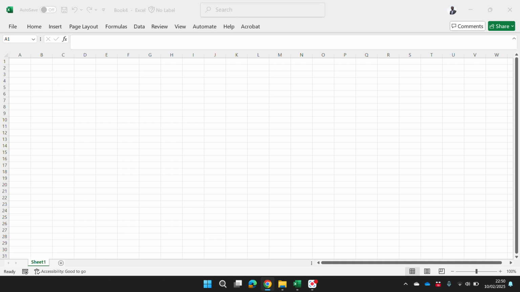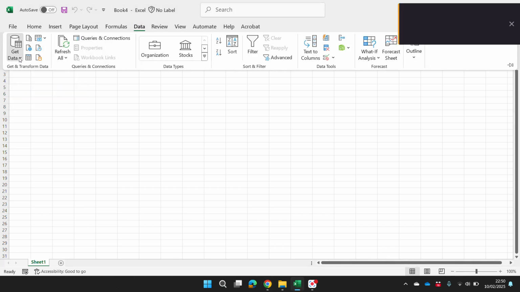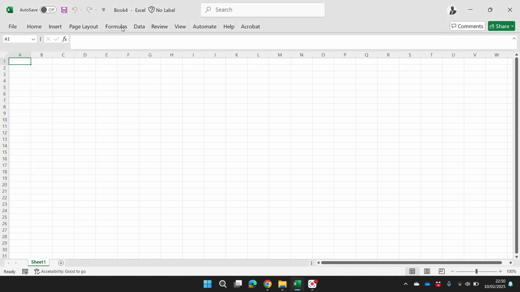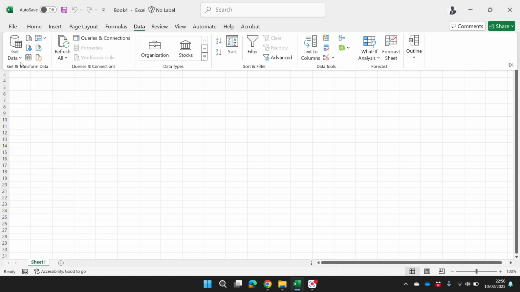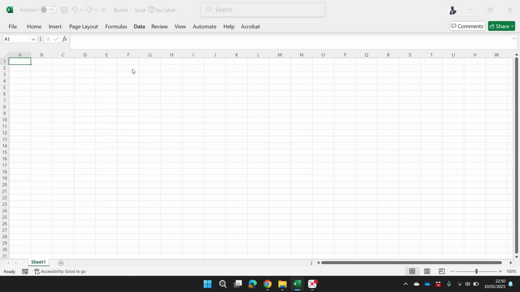So once you've done that, now let's get into it. The first step is to import our data set into Power Query. So how do we do that? We go to data here, click on data. It brings out get data. You click on get data. Then from file, now because my file is Excel, if yours is CSV or any other file, but mine is Excel, so I click on Excel,